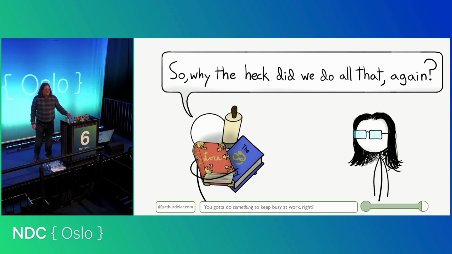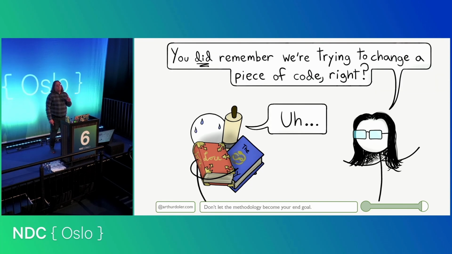So what do we do about it? Or why did we do that, rather? We've spent hours and hours and hours of work on this. Well, we did this because, if you remember right, we wanted to change something about the system. Some piece of code that was wrong, and some outcome that was wrong, and we're trying to find it, right? It's easy to lose sight of your own goals when you're thinking about everybody else's goals throughout the course of this project. So it helps to take a moment to just sit back and say, okay, this is what I'm trying to do, to get this to look like this.